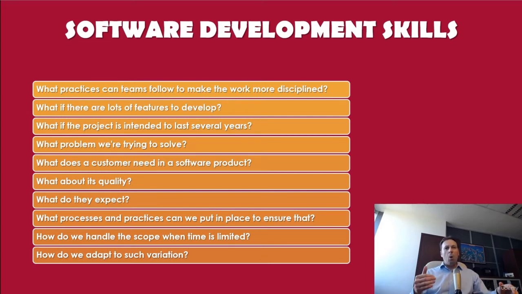Questions like this are always on the mind of product owners and Scrum Masters. So this course is an introductory course, and I will try to find answers to lots of those questions. In this and the following courses, I will teach you effective management techniques to deal with just these sorts of issues. These techniques will help you and your team to produce better software. In particular, you will learn important things about agile software development.